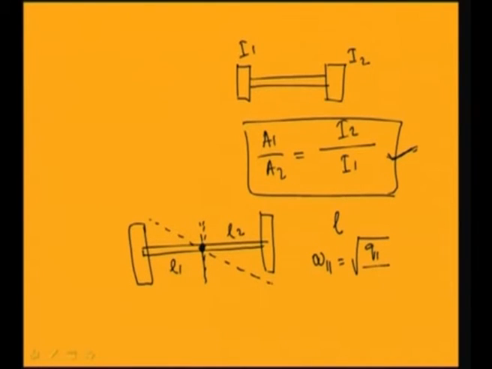So, stiffness of this part by inertia of this part, Q1 by I1. Similarly, you can write omega 2 squared for this part equal to Q2 by I2. But this Q1 is nothing but, already you know this formula for torsional vibration of this system, T by J equal to G theta by L. So from this you know T by theta equal to G J by L. So, T by theta is nothing but the stiffness of the system.